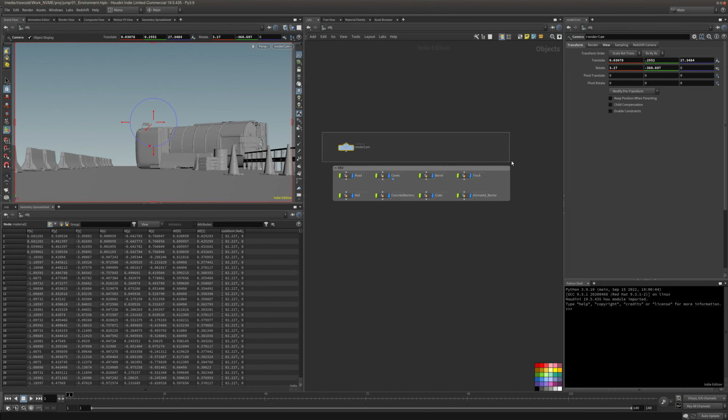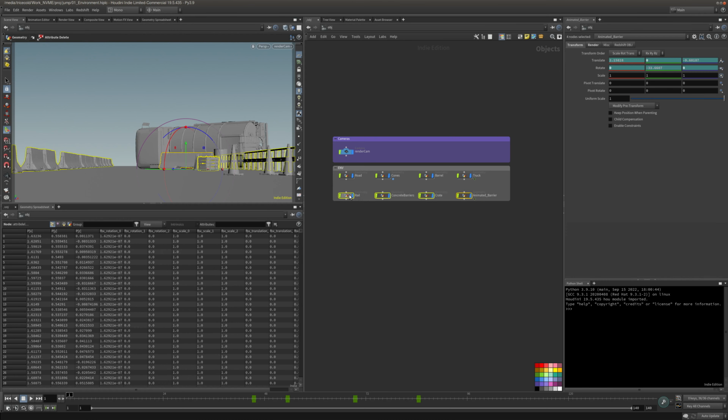Just gonna put this in a network box too. I like tidy scenes. All right, let's call these cameras. If you want to put more cameras, just put them in here. Let's give it a color. Let's give this guy a color as well. Okay, so